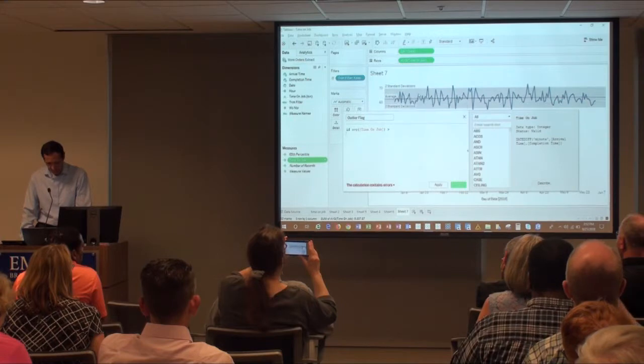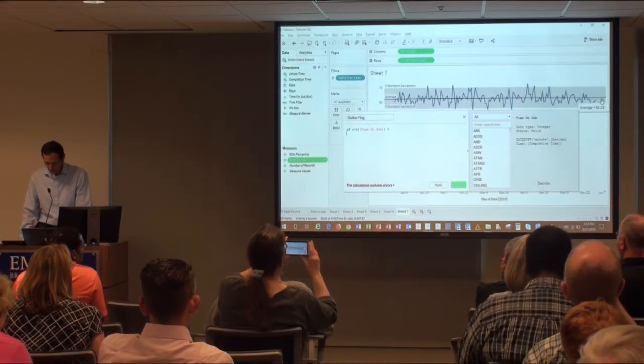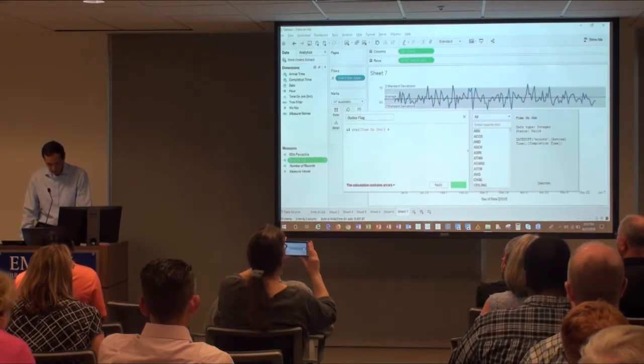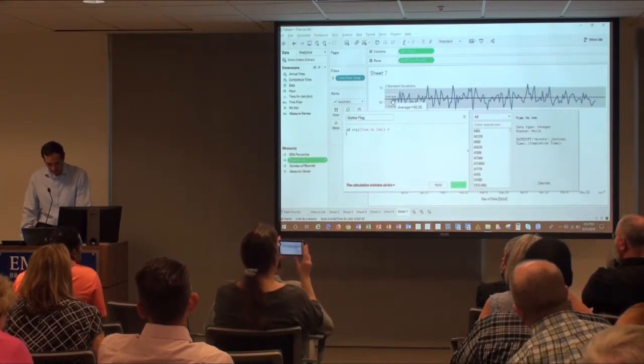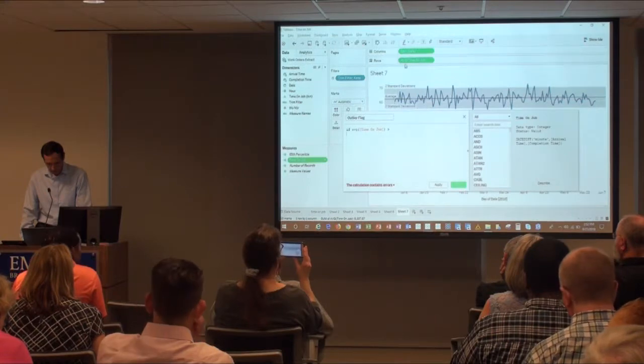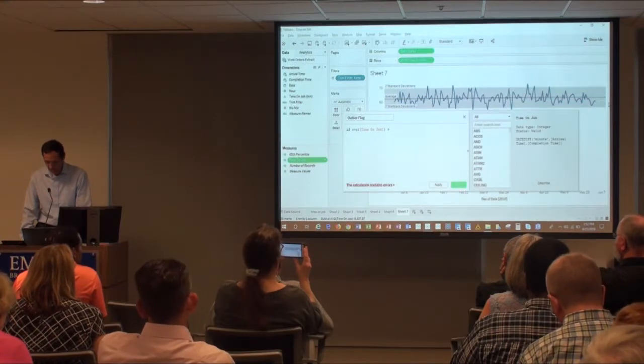I've plotted average time on job across here. So this average line that I'm showing is the average of the average time on jobs in this window.